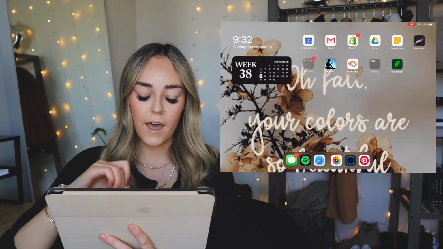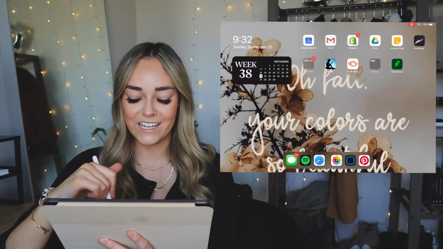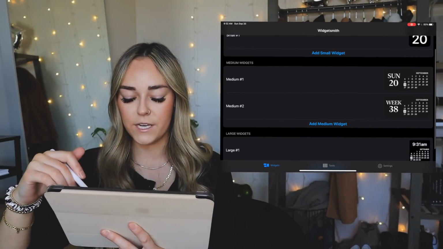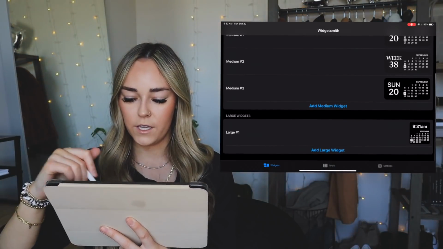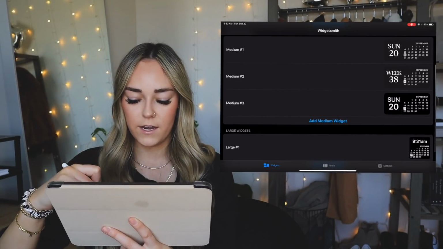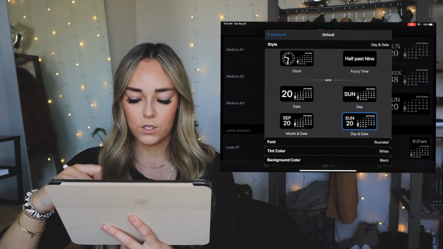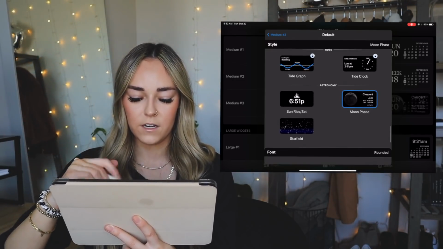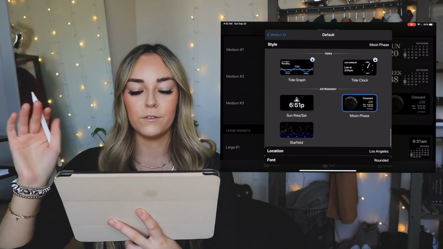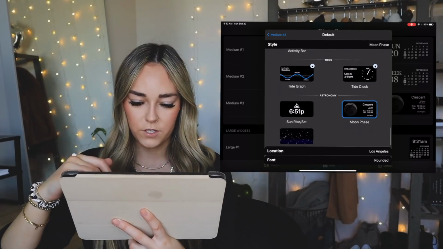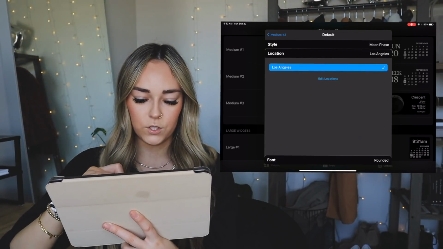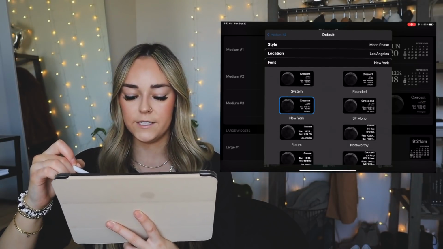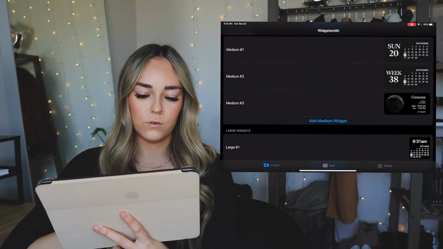So the other thing that I want to go ahead and add in here is the moon widget that we have. So we're going to add another medium widget. Let's see, we go over here, we click this one, we're gonna go in, and I'm gonna scroll down to, let's see, the astronomy ones. I really like the moon features that you can have on here. You can have the sunrise, sunset. They have a cute little star field, really cool options. So location, we've got LA, and then the font, I'm going to set it up with New York again. So then we're gonna go back to medium 3, hit save,